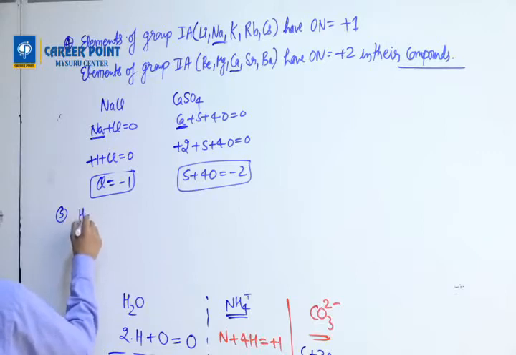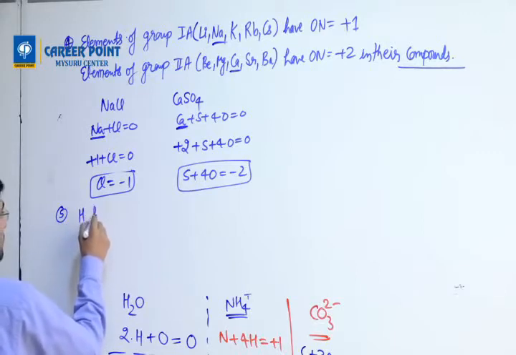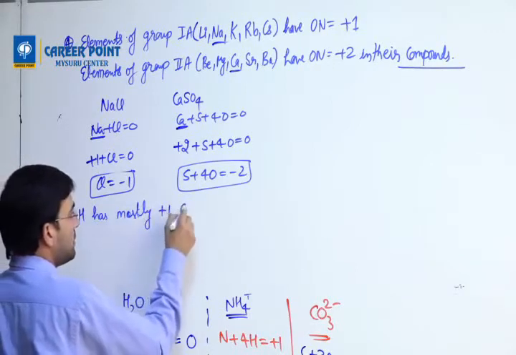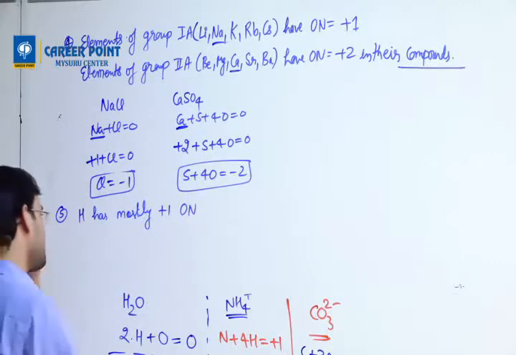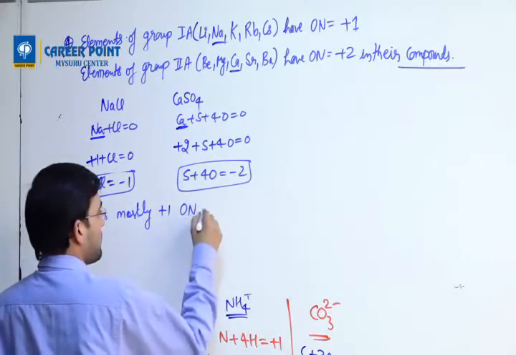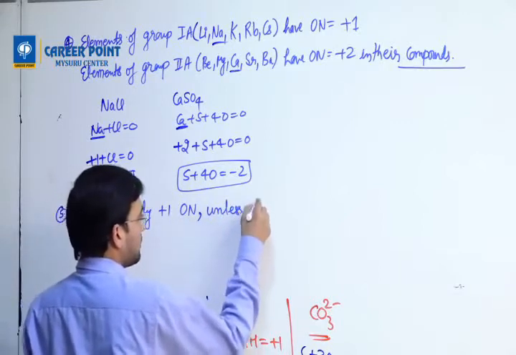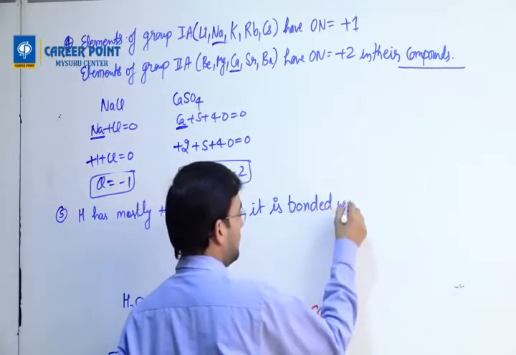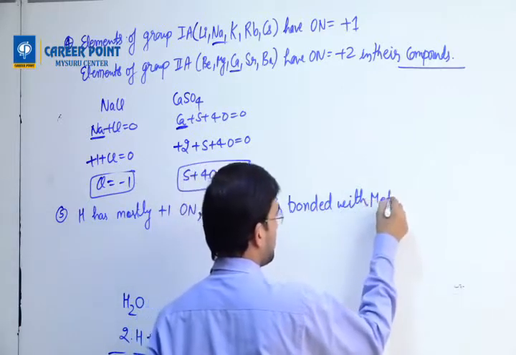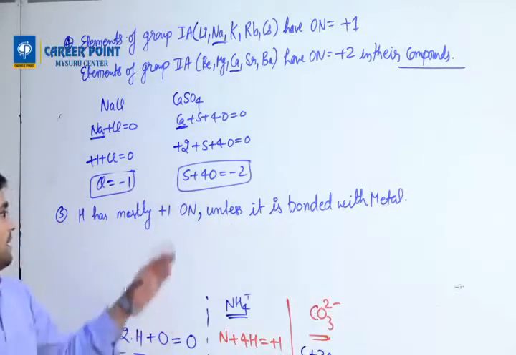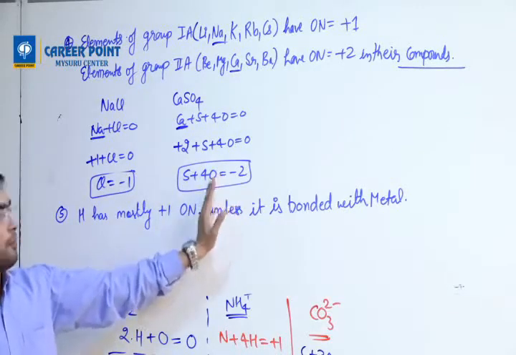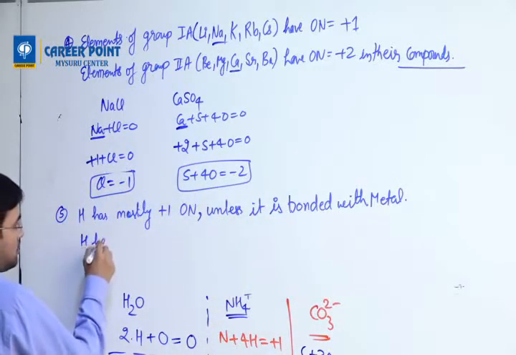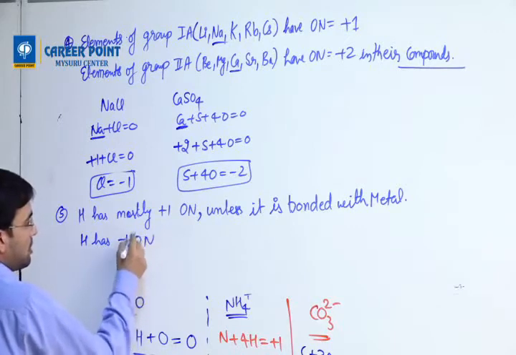So hydrogen has mostly +1 oxidation state, unless it is bonded with metal. Mostly hydrogen has +1, but if it is bonded with metal, then it is not equal to +1. Hydrogen has -1 oxidation number